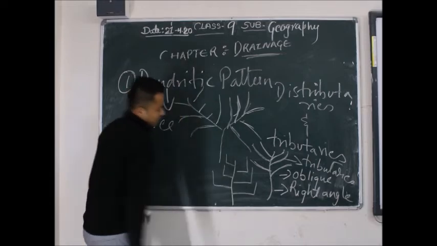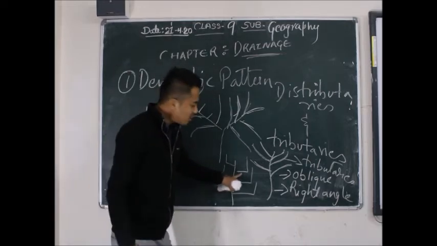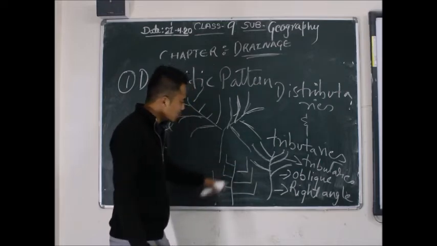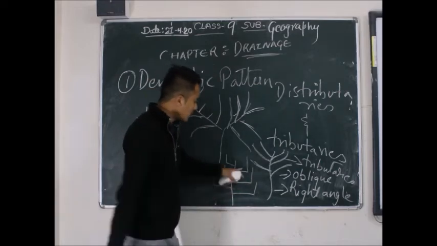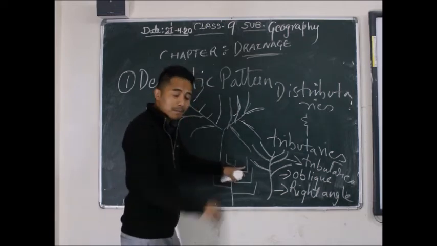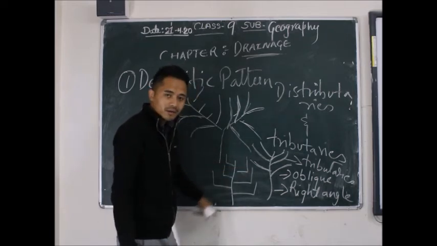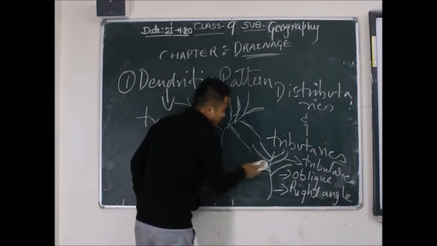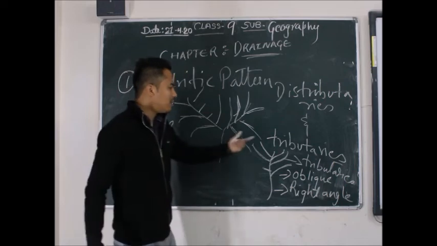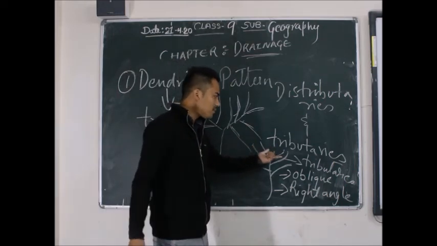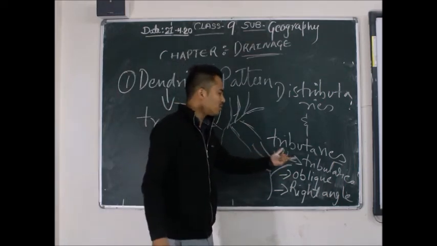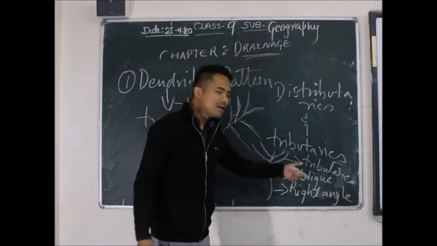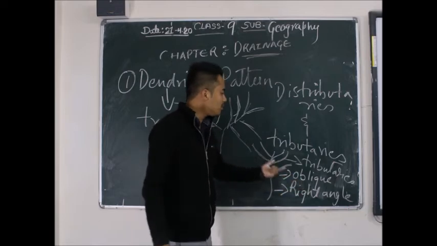And I hope you all know what is causing this kind of pattern: the play through of the soft rock and the hard rock. Where the river finds its way, simple, it moves in that manner and creates this kind of pattern. And tributaries, you can give the answer in a manner. Tributaries are the streams or the small streams or the rivers which join the main river in an oblique pattern or right angle pattern,